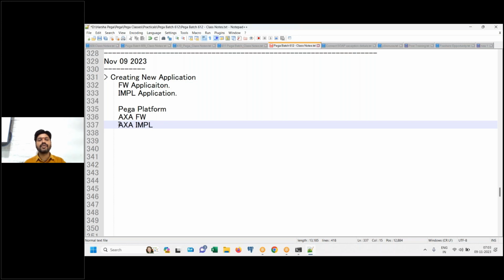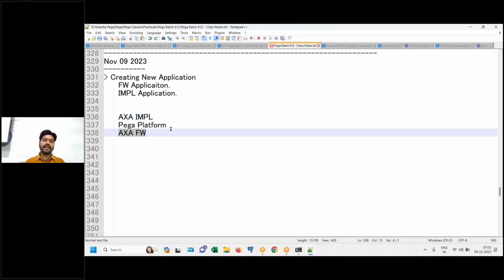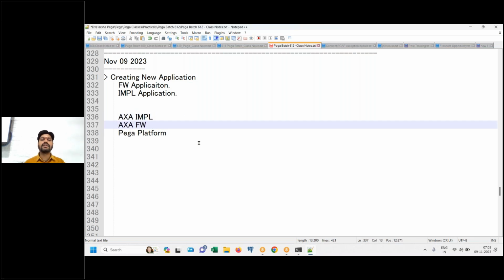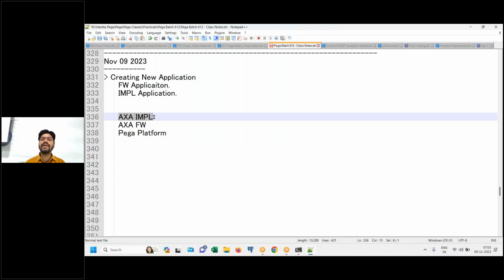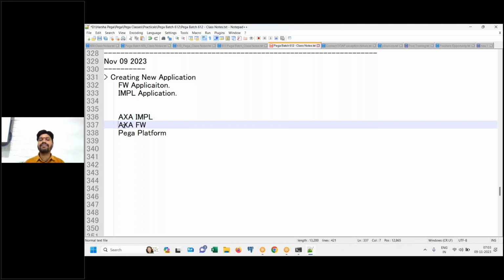You can write it in a reverse way, that would be better actually: AXA implementation, under that AXA framework, and Pega platform. If you log into AXA implementation, you will be able to access the functional features of AXA implementation plus AXA framework plus Pega platform.